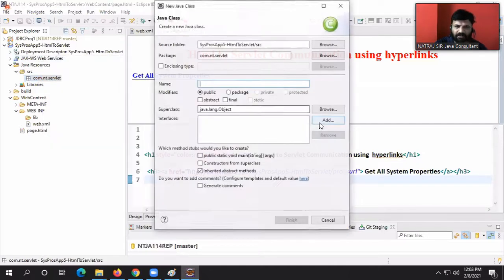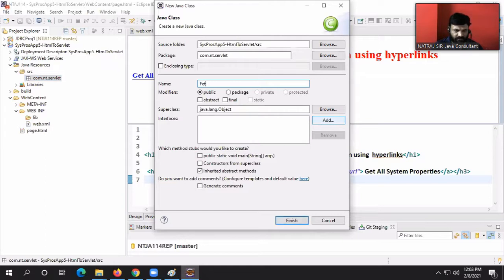To create an HTML file, right click on the folder, new HTML. To create a class, right click on the package. Go to the correct location, right click, and you will get the option to select.